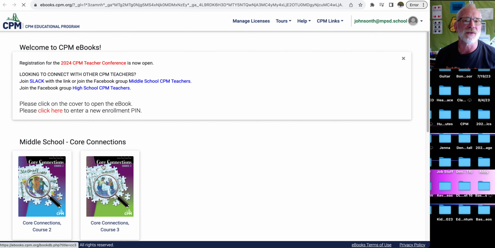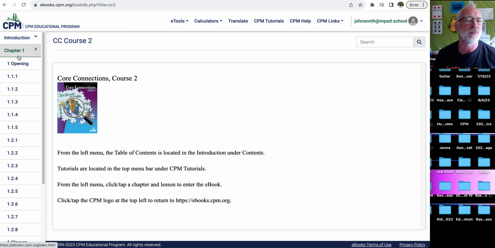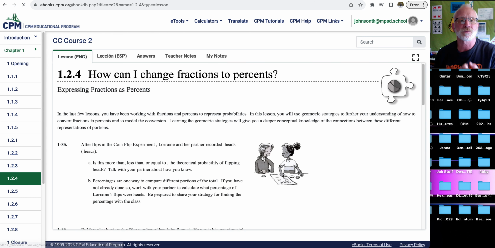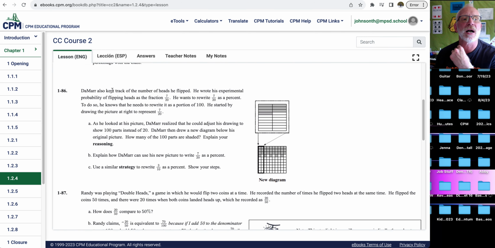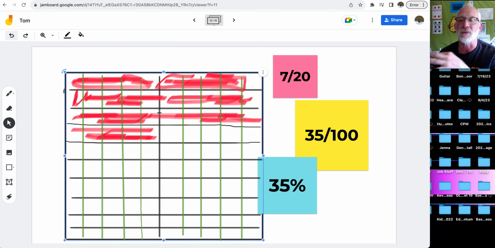So we're going into 7th grade, and we're at 1.2.4. So the question that we were working with today was, Damar kept track of the number of heads he flipped, and he wrote his experimental probability of flipping heads as 7/20ths, and he wanted to rewrite that as a percent. So we went into our Jamboard and we wrote out 7/20ths. And then the way that we did that,